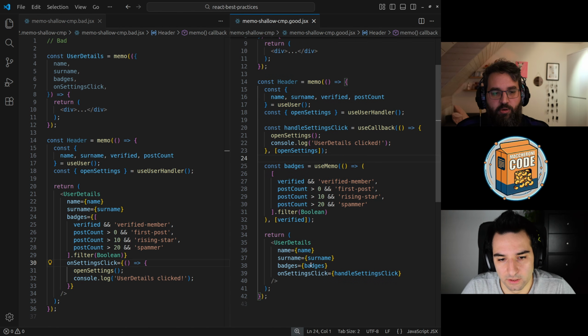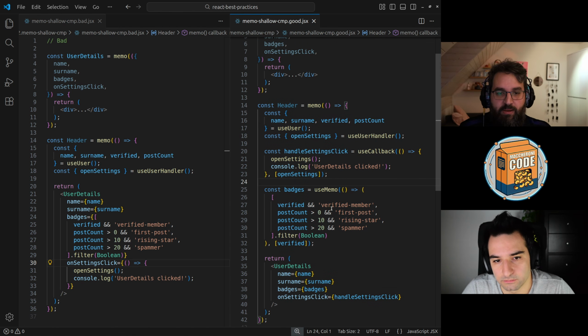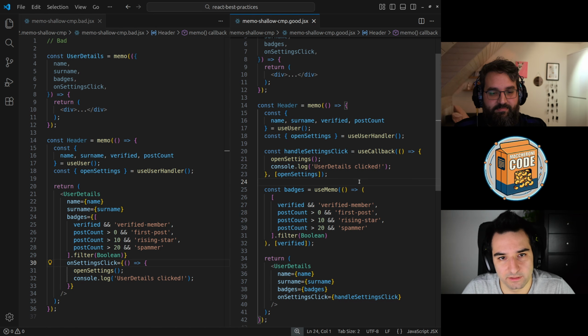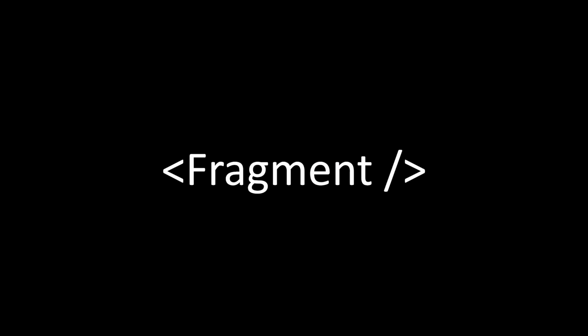This is cool. So you could potentially have a useMemo that depends on the result of another useMemo that depends on the result of a useCallback, and so on and so forth. So yeah, you can create cascade dependency. Yeah, absolutely. Okay. That's super cool. Yeah, and for now I think that's all, and we can move to another interesting thing, the fragment.